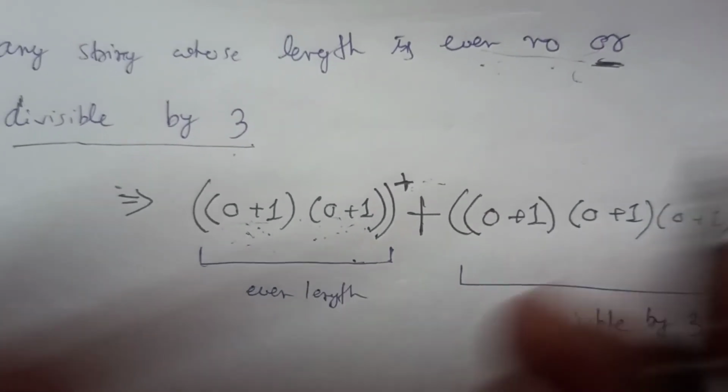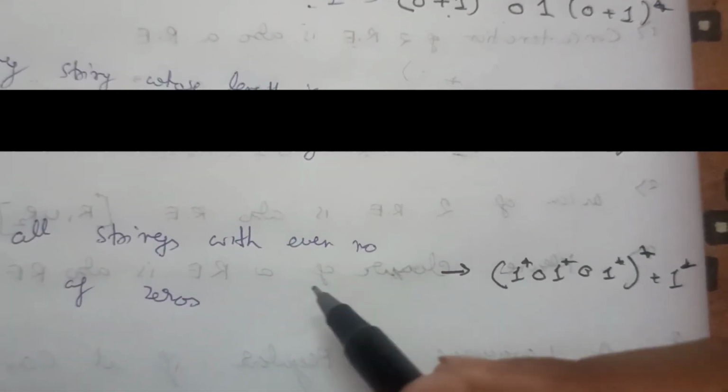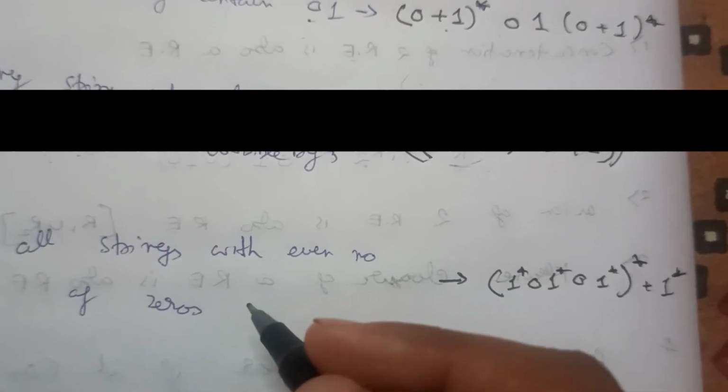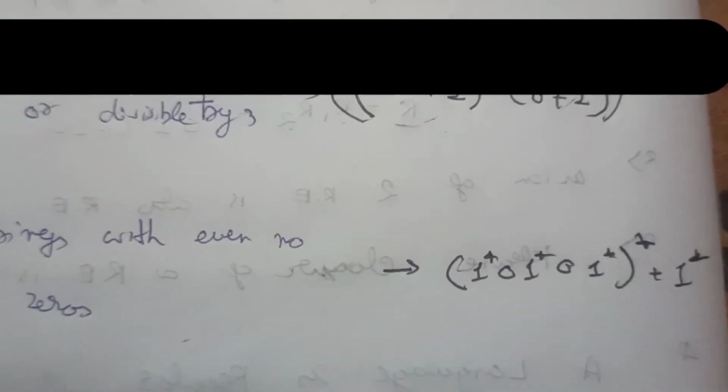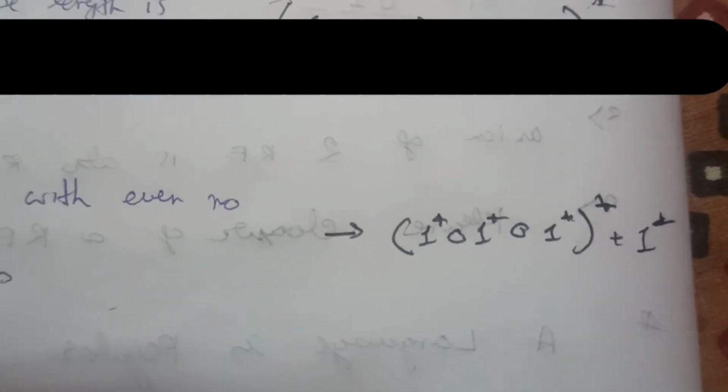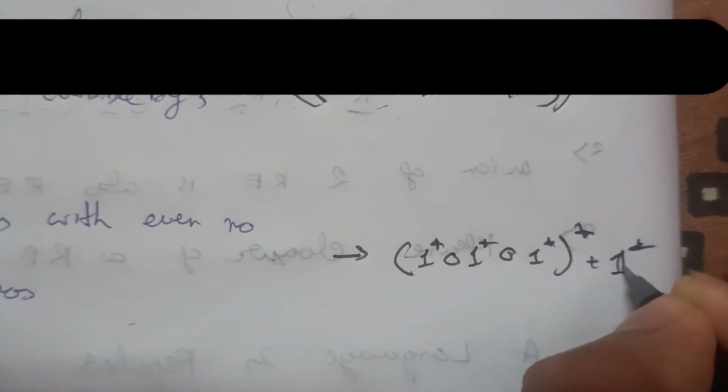Okay, so now, all strings with an even number of zeros. What do we mean by an even number of zeros? Let's see, there can be 2, 4, 6, any number of zeros, and also there can be no zeros at all, and also there is no limit on 1s. So ones can be between the zeros, before the zeros, or at the end after the zeros. So first check this one, the end one. This 1 star is written with a plus. So if this part is not happening, then only this part we will count, or if this part is happening, then we will not consider the other.